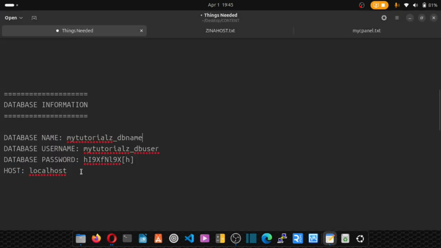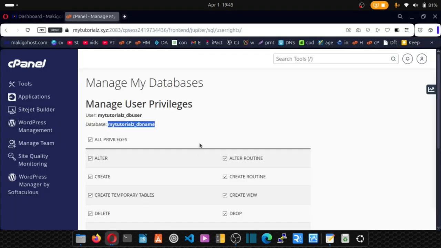Now for the host, just leave it as localhost. Okay, now we're going to save this document. Excellent. So those are the details we'll be needing to connect our software to our cPanel or our hosting. The next piece to it is we're going to create business email, and then we'll also set up